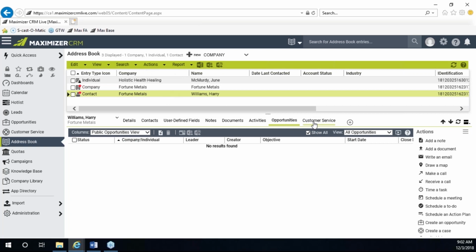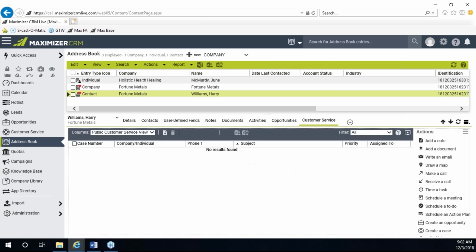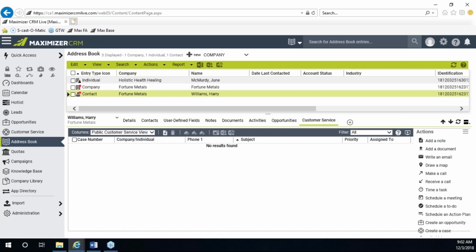Similarly with customer service. Except customer service is a place where you can track problems you have with your customer, and over time that might show you that you've got some issues with your business processes that you have to address. For example, if I have a damaged in shipment situation that occurs multiple times with this entry, I've got to address that. Otherwise, it's going to cost me time and probably money and other resources